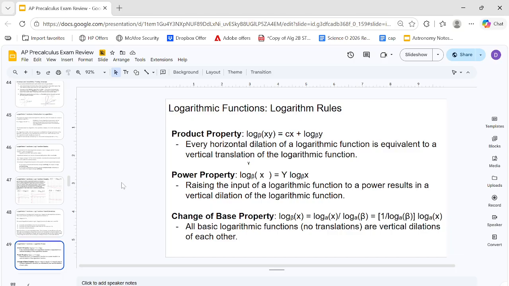So there's some logarithm rules you should know. Log base b of x times y is